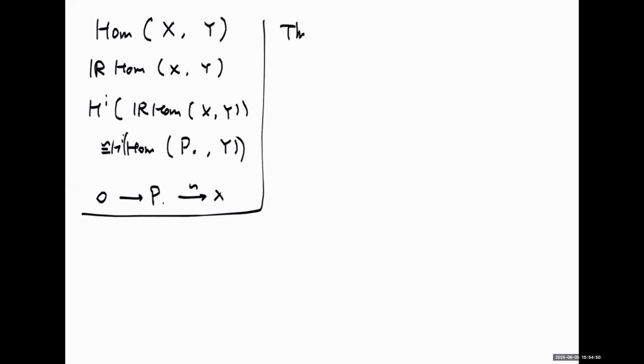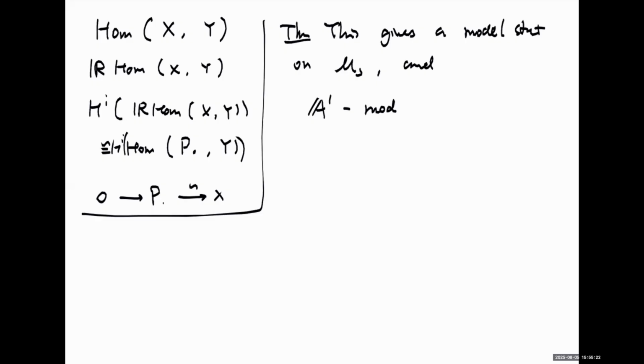Again, the theorem says that this gives a model structure on the motivic spaces, and this is the so-called A1 model structure, which is equivalent